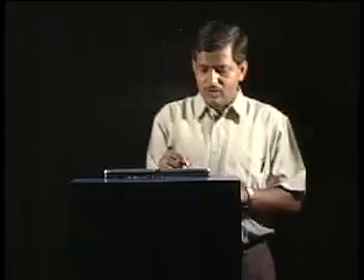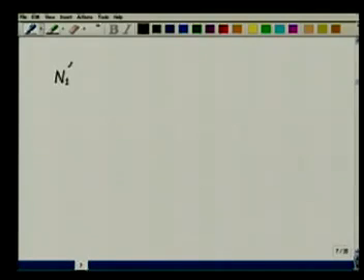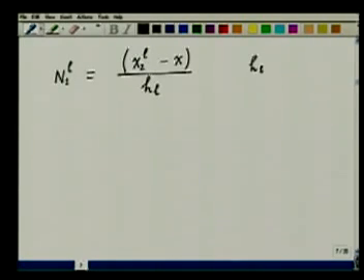Okay. So now tell me, what is N1L and N2L? So it's very easy. N1L will be equal to what? Since it has to be 1 at the point x1L and 0 at the point x2L, so it will be x2L minus x divided by h of the element L. That is the size of the element L. And remember that HL is equal to x2L minus x1L. That is, the size of the element is HL given by x2L minus x1L.